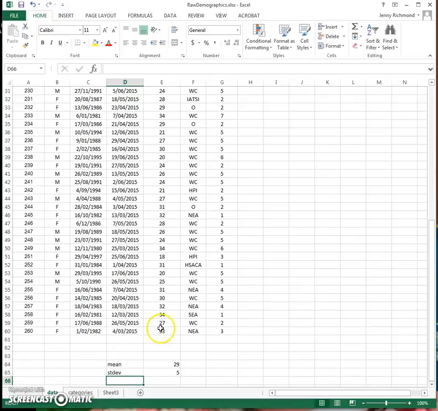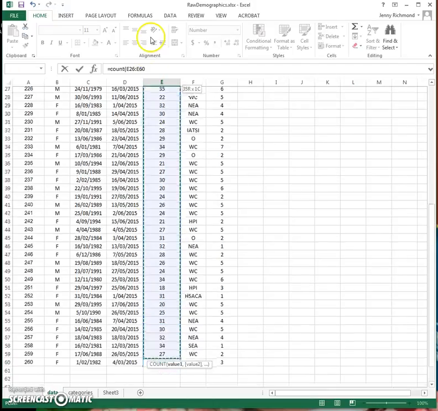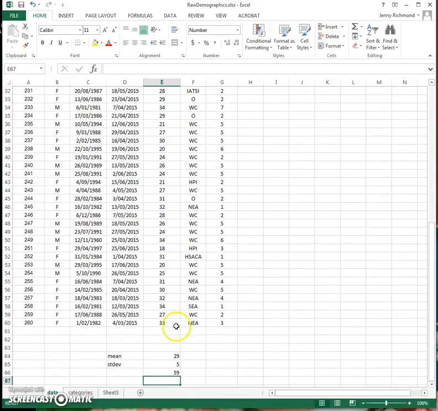Another useful formula that I use a lot is count. When you have a really big data set, you can get it to count how many values are in a particular array. You do that by simply entering the formula equals count and telling it the array that you want it to count the values in, and it'll tell you that here we have 59 participants, which makes sense with what we know about our data. Our participant numbers go up to 260, but remember we deleted that guy who didn't have any data. So we have 59